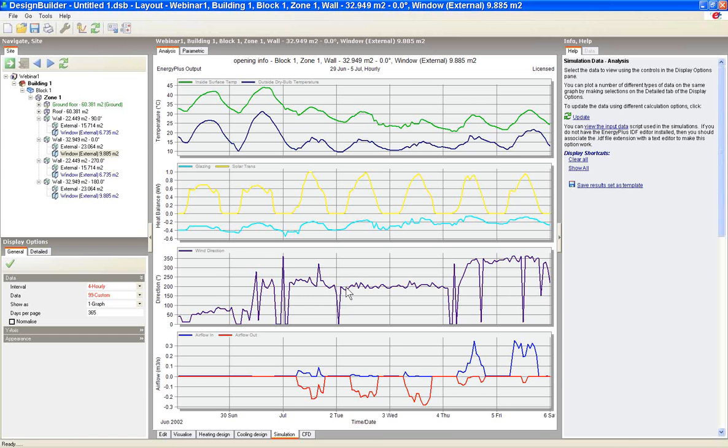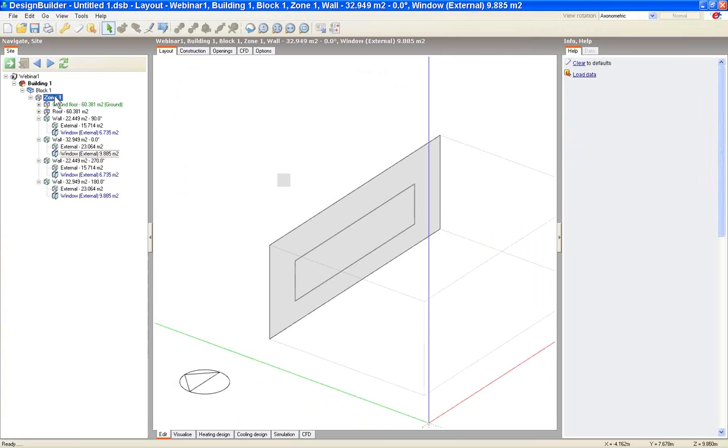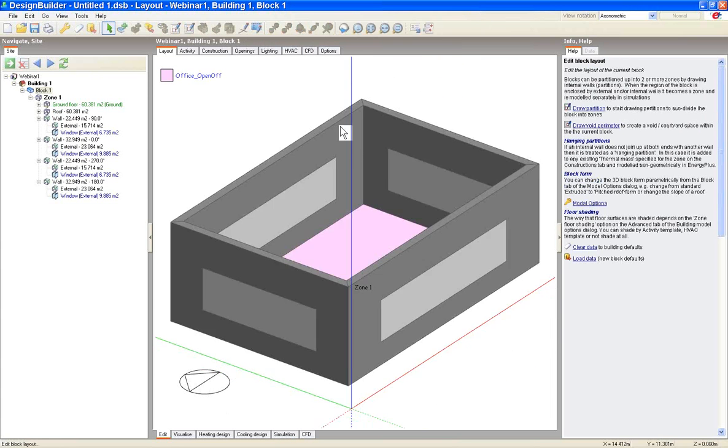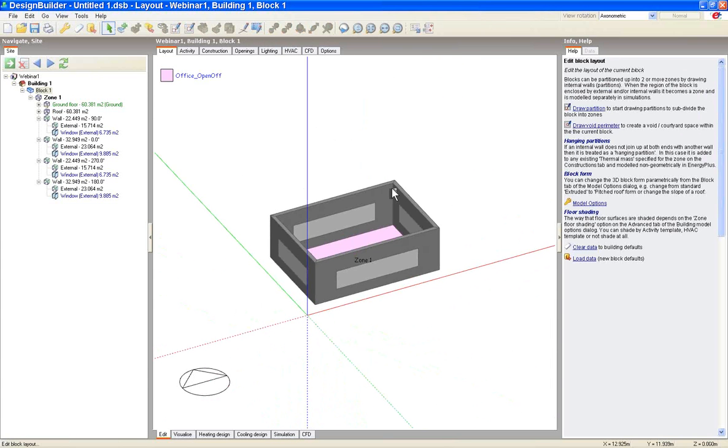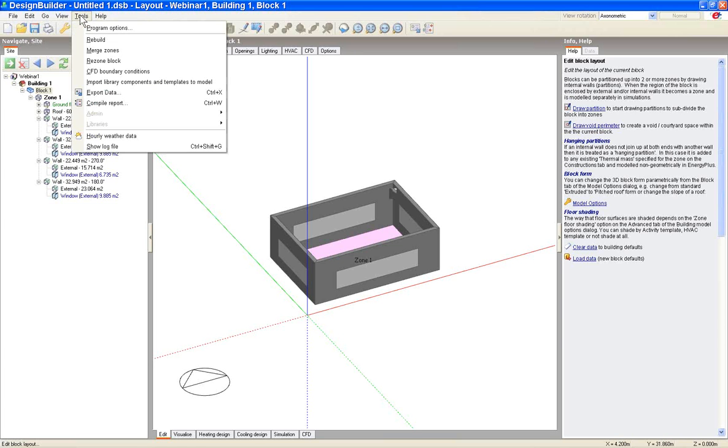because now I'm interested in looking at my CFD model. I've already carried out my simulation model as far as I'm concerned for this exercise, because it's carried out the simulation and it's now a matter of taking that data into my CFD model. So the way that I can do that is I can look under the Tools option, and you'll see that I've got something here that says CFD boundary conditions. I'm going to open that dialog box,